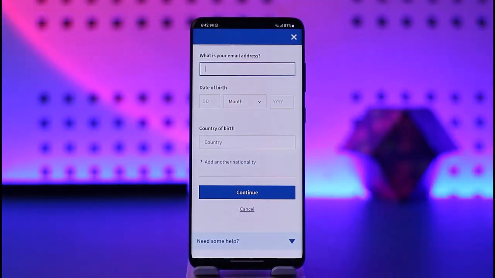Once you're done signing up, right away you will find this option of creating yourself your memorable information, and that will be used whenever you log in or sign in here in Halifax. And that is the possible way for you to do so,